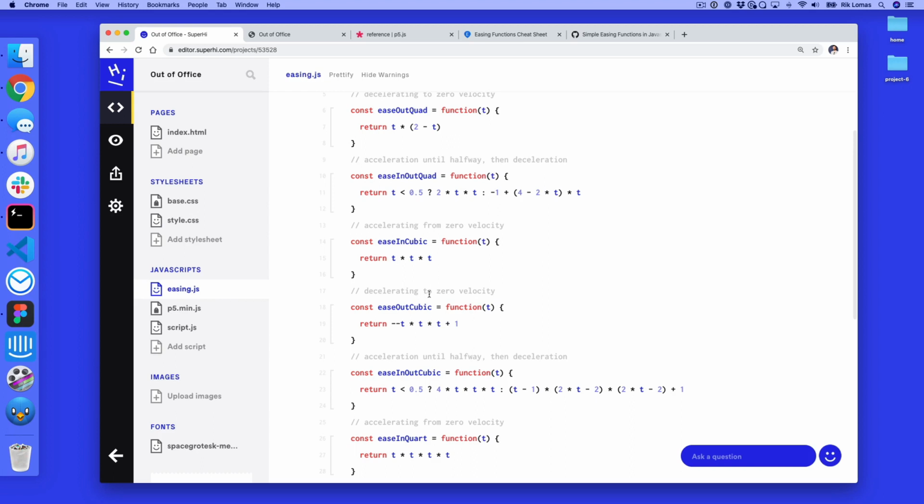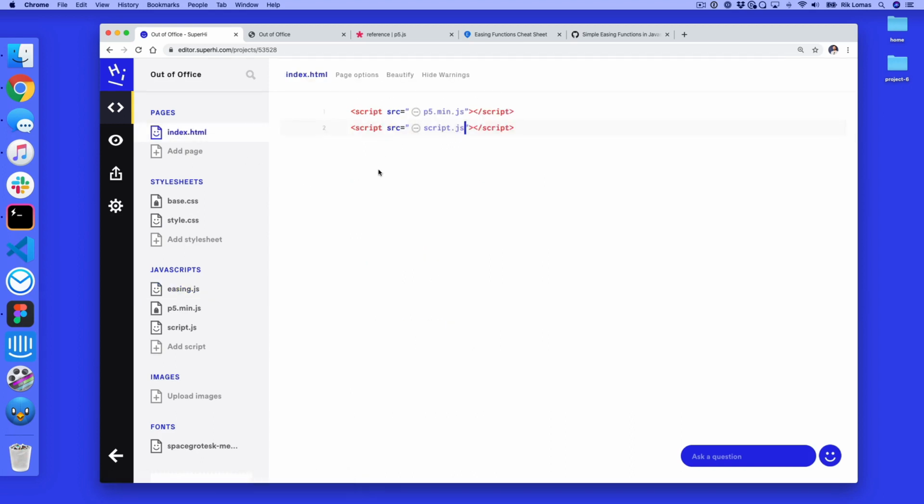Now at the moment we're not using easing.js in our project, because if we go back to index.html, we've got two files: p5.min.js and then our own script. We want to use some easing within our code, so we need to load easing.js. Do we add it before p5 or after p5? It doesn't really matter, but we do need to add it before script, so that we load them in an order that lets us use them both in our script. I like to do p5, then easing, then script. So I'm going to add a new script with the source of